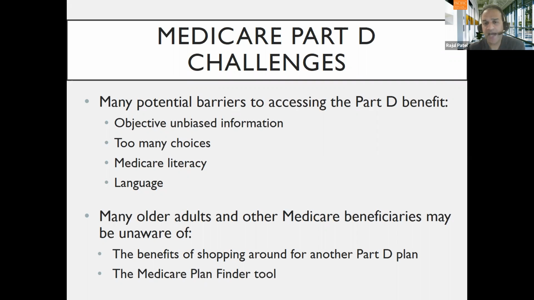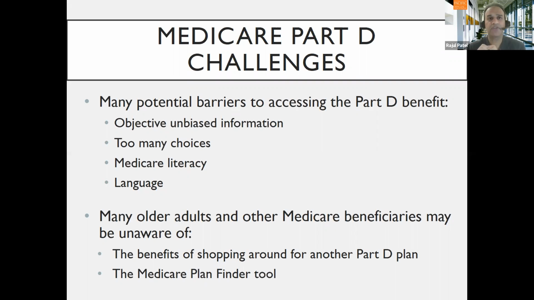Number one, we've talked about how many plans are offered. Where can individuals go to get objective, unbiased information, right? Not where someone's trying to push them in a plan or steer them into a plan, but where they can actually get someone who's working in concert with them to find the best plan. Too many choices. I think we all like choice, but do we need 40, 50, 60, 70, 80, 90 plus different drug plans, depending on where you live in California? I think that's just excessive. And I think many of you would probably agree.